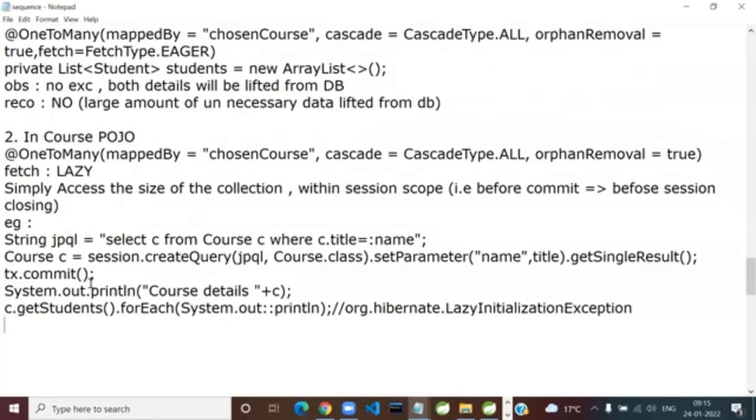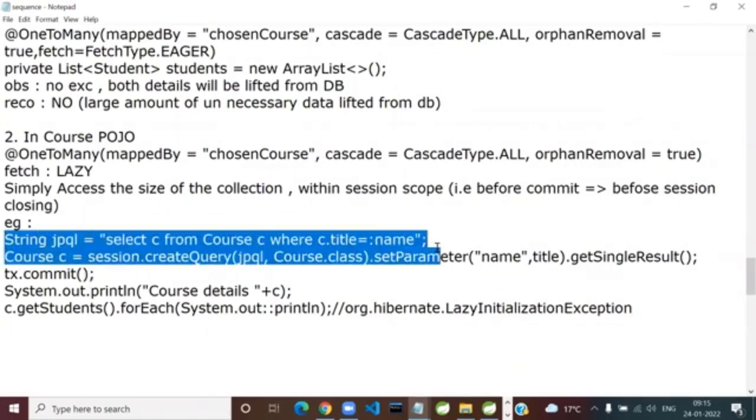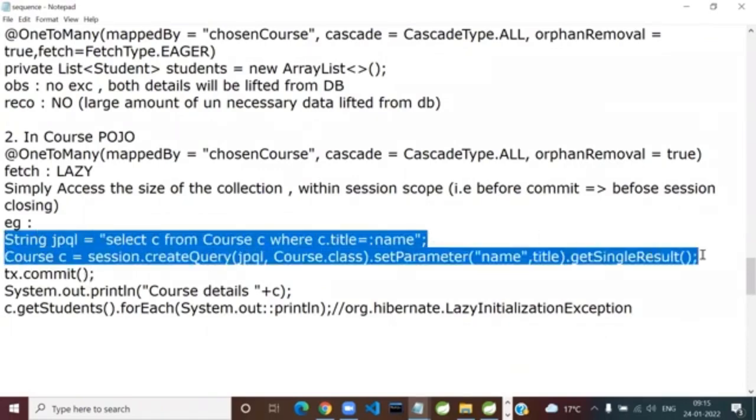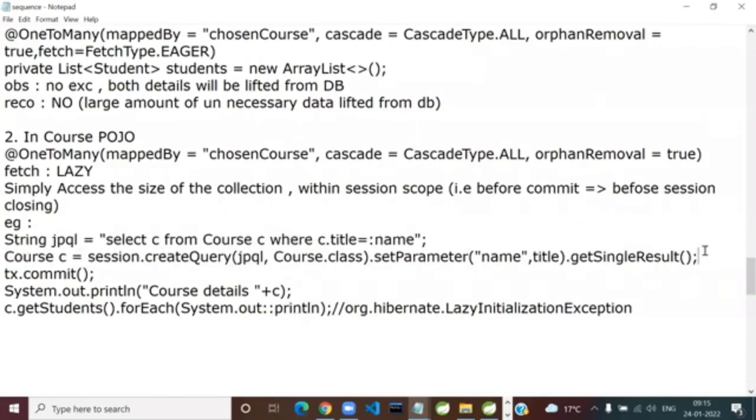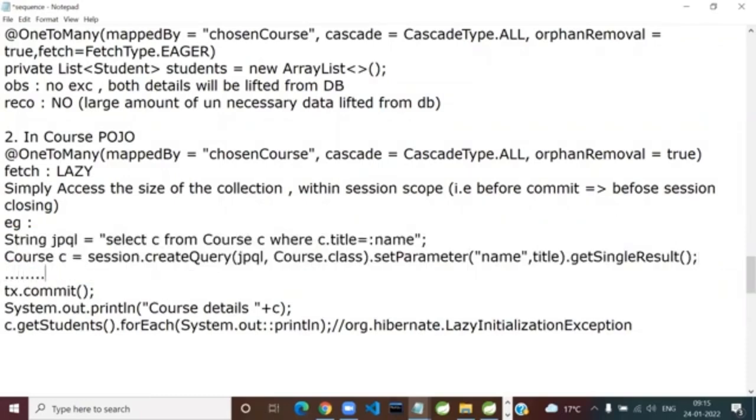So I've written loads of things in the sequence, extremely important to revise. So don't just leave it at this. She keeps writing sequence, I don't care. I mean, it's all for you. So it is a classic way of revising and understanding so much. So this part is the same. These two lines are the same. So if you want to avoid this LazyInitializationException, what is the code? People ask you, what will you insert here to get rid of LazyInitializationException? Give me the code, talk in code.